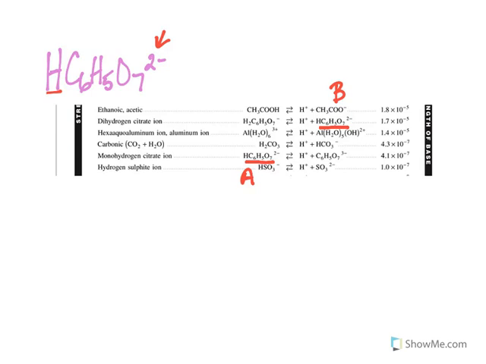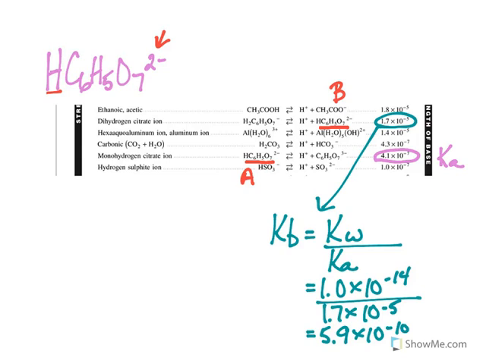We would compare the Ka value of that monohydrogen citrate ion here with the Kb value that we would have to calculate using this value. Keep in mind, it is a really common error for people to use the incorrect Ka value in this calculation. So make sure you're understanding why I'm looking for this value to be used in the calculation of this ion's Kb